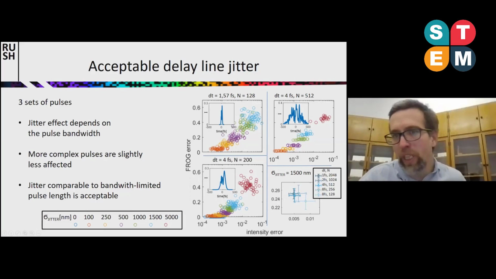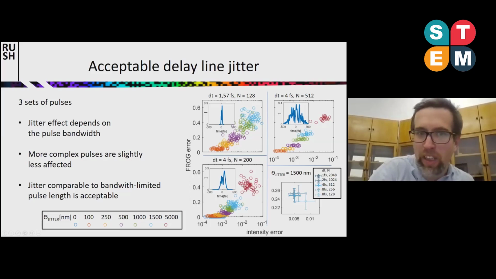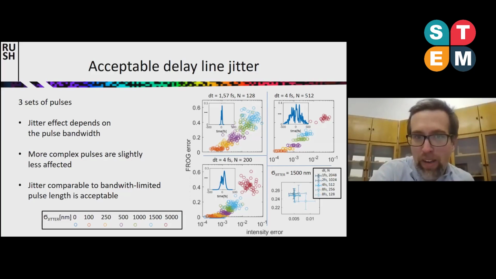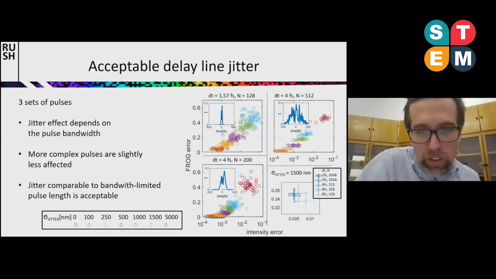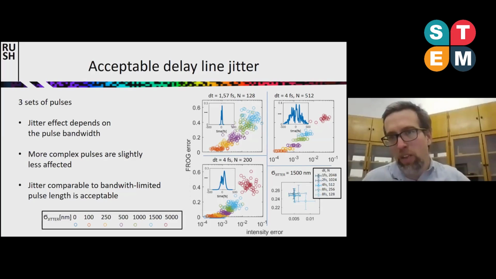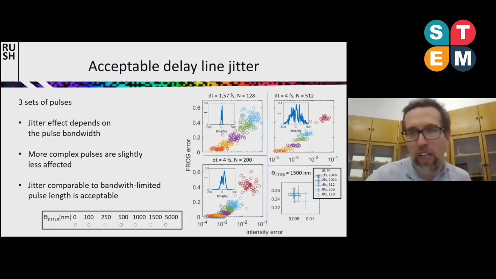In general, we observe that we get better agreement if we have more complex pulses. So this is kind of surprising in the sense that if you have a more wildly oscillating pulse, it is actually easier to measure this type of pulse. And one of the possible answers is that it stretches more in time, so you basically cover more time points.